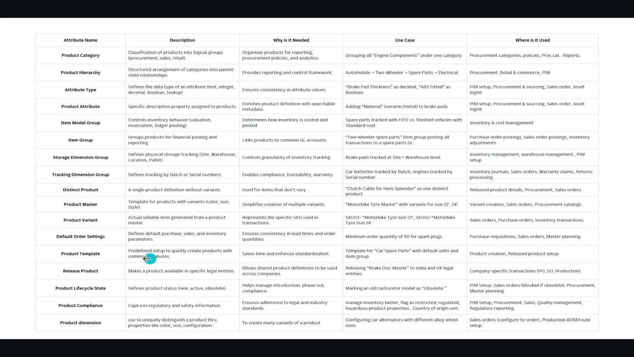And the product template, I gave you an example of a product template called car spare parts, and how it saves time in creating a long list of products. Okay, where is it used? A release product setup and product creation stage. Release products. A release product means that it has to be released to a specific company or more than one company. For example, I can say that Brake Disc Master can be released only to India and UK. I will not be able to sell this in